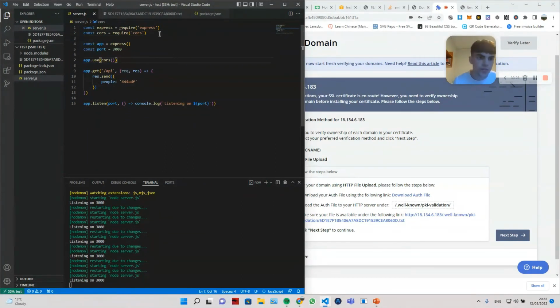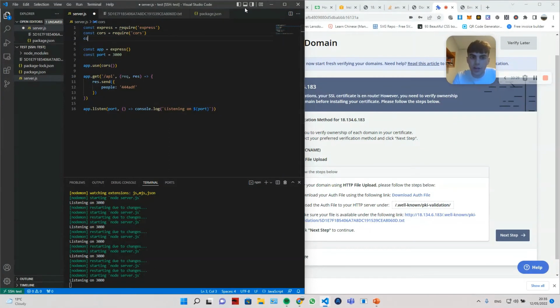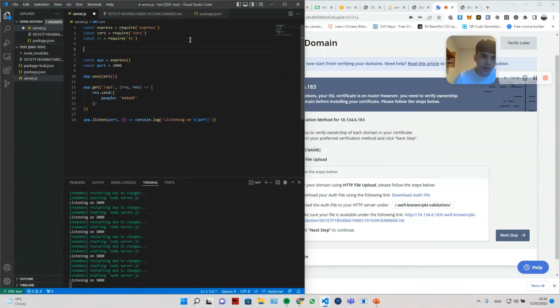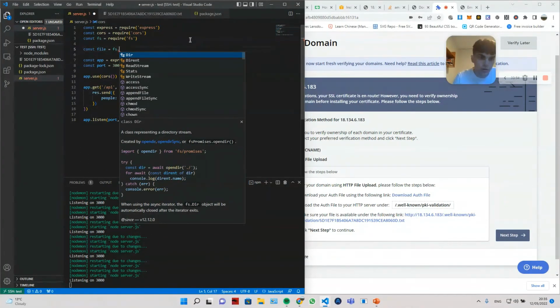Right, so what do we want to do? So we firstly want to use that FS module that we've installed. So we're going to say require FS. So we're going to do that, and then what are we going to do? We're then going to need to import this file. So how do we do that? Let me just have a little reference. Yeah, okay. So we're just going to say const file equals fs dot readFileSync,